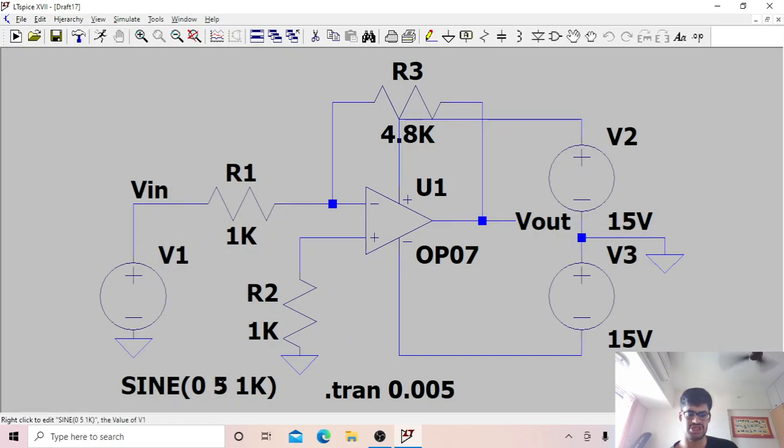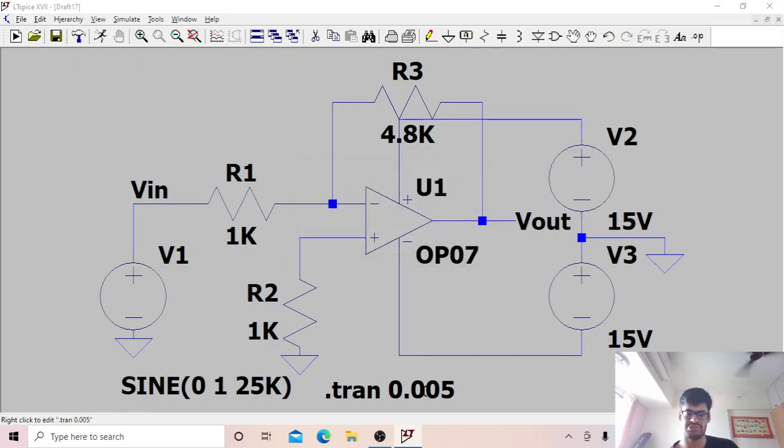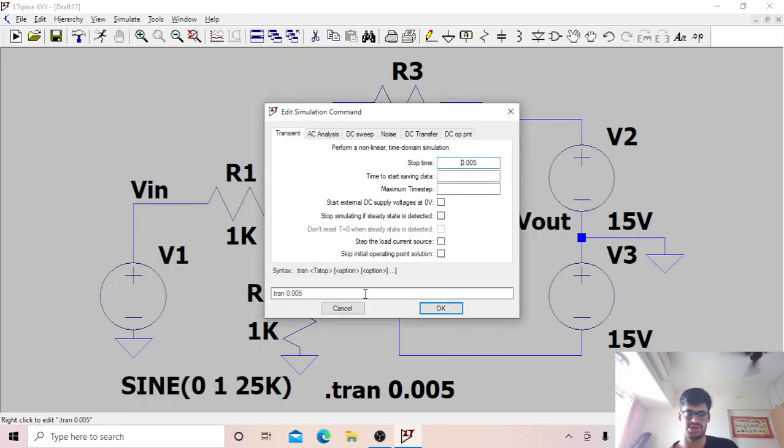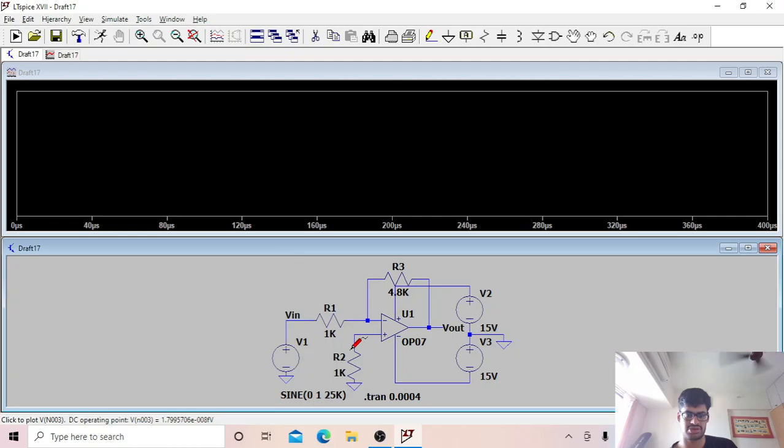For frequency response, we change the values to 1 and 25k at first, and we have to change the transient time to a lower value, presumably 0.0004, and click OK.